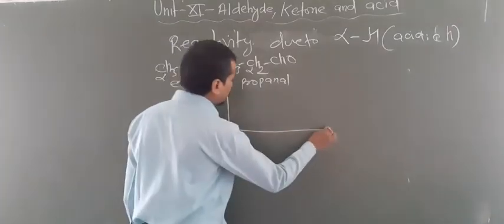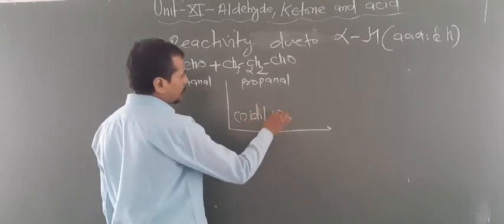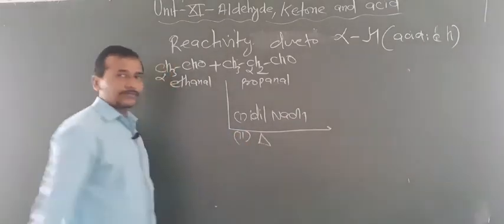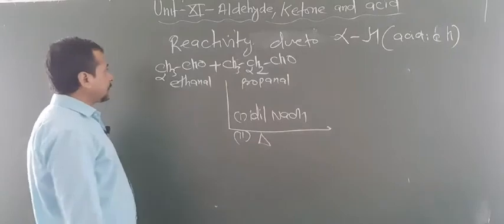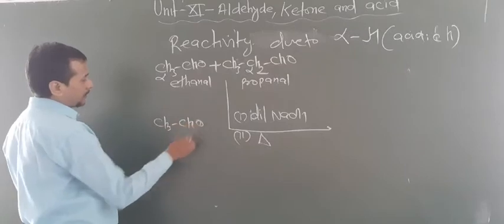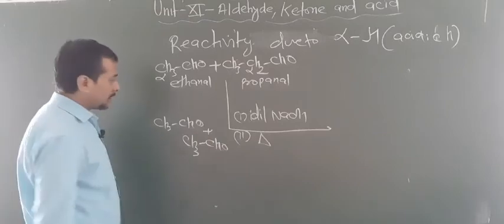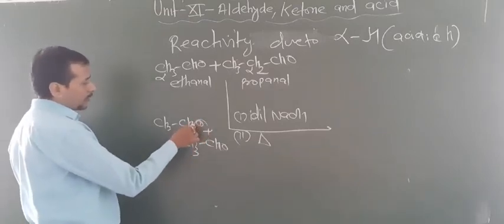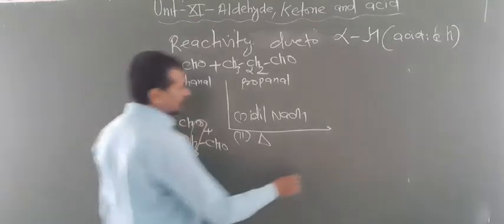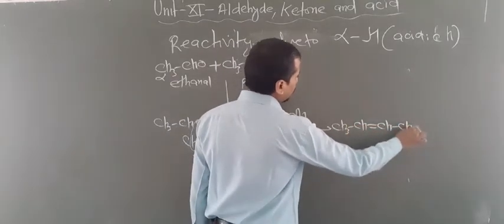Now you have to do the reactions. First time you take dilute NaOH and second time you have to heat them. So now what happened here? The first time you take two molecules of the same aldehyde, and you can write this chemical like this. Are you getting this point? Now you have to remove O from here and 2H from this carbon, and put a double bond between them. So now your answer will be CH3 CH double bond CH CHO.